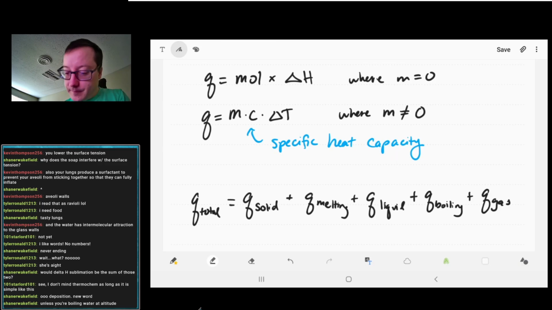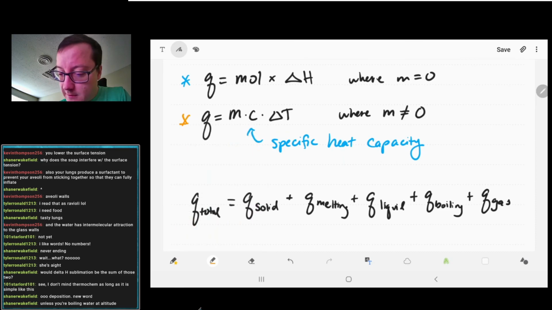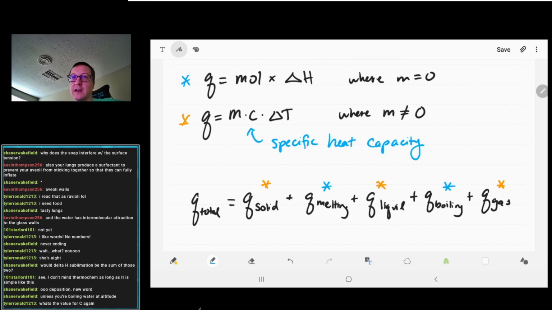So we're really only using 2 formulas. We're going to use the mcΔT formula 3 times. We're going to have different specific heats and different temperature changes, but our moles or mass would be the same. And for our melting and boiling, we're going to have different delta H's, right? We'll have a delta H fusion and a delta H vaporization. That's a constant, so it's different for the state of matter and